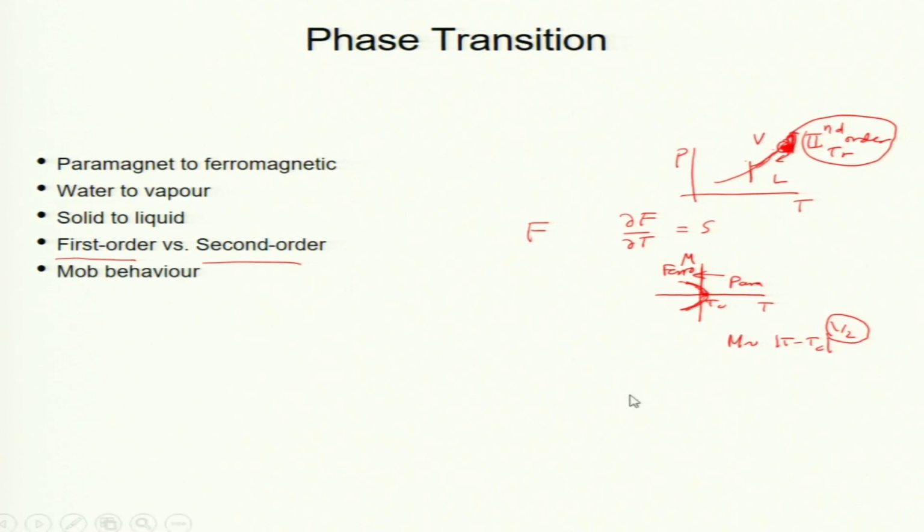So, now this is for phases, but we can apply this to other systems as well, for example, mob behavior. Okay. So, a mob is not an individual. Individuals may act very differently and a mob acts very differently. It turns out a mob is not just a collection of individuals, the mob has its own behavior, and we will find some of it happening during the phase transition.